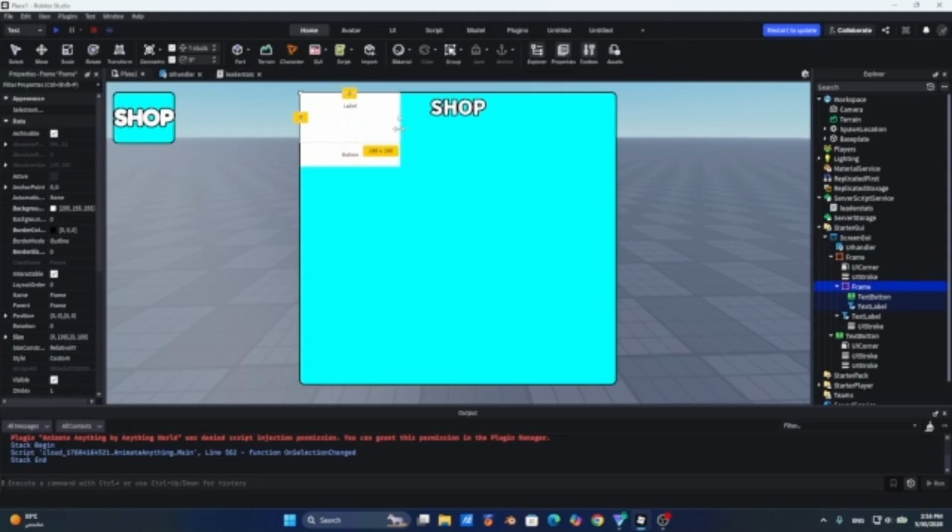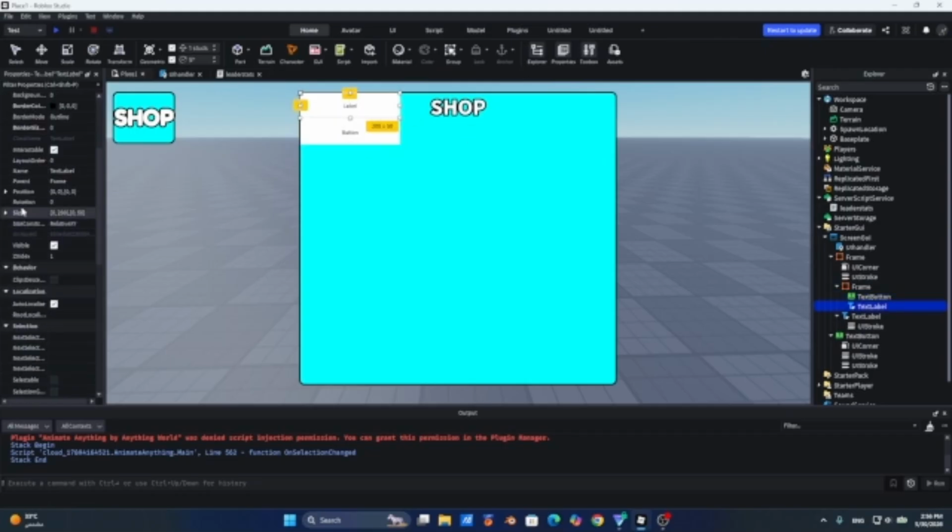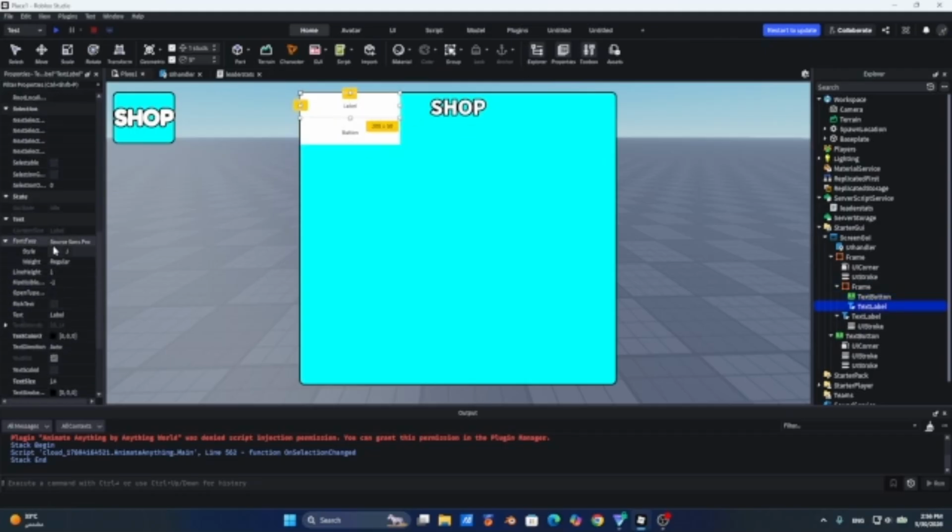I'm just gonna resize this. Let's say 200 by 200 square, or maybe even smaller, like 200 by 100. So I'm just gonna move this here, and we change the text by going to properties and text. I'm just gonna change the font face and style. Then we're gonna change the text. I'm gonna say